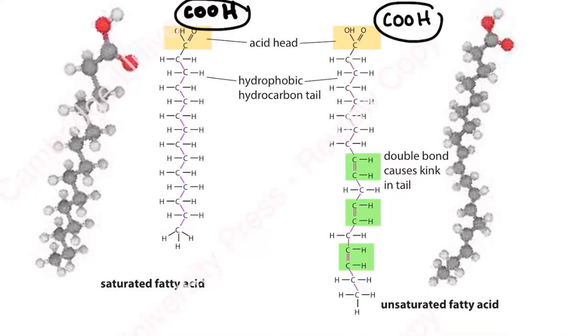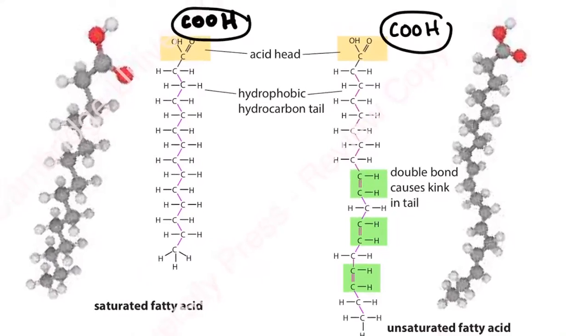Now, what difference do you see between the fatty acid chain on the left-hand side and the fatty acid chain on the right-hand side? Yes, Arjun. क्या difference नजर आ रहा है? उनको same ही है, बस एक difference. Miss, the unsaturated fatty acid has double bonds, while the other one doesn't. How many double bonds does it have? Miss, 3 double bonds. Now, any fatty acid which has double bonds is known as an unsaturated fatty